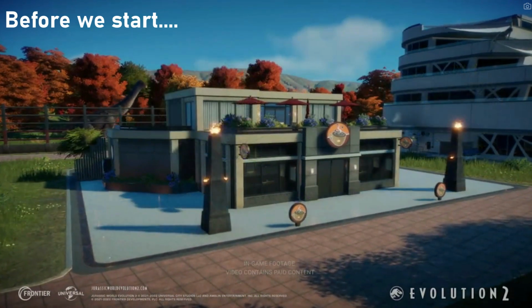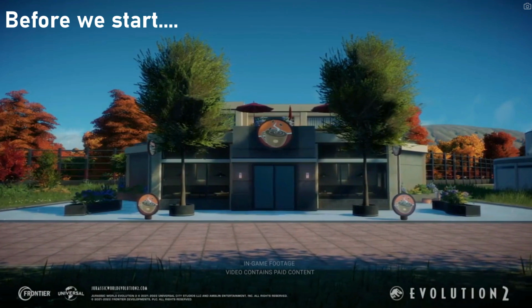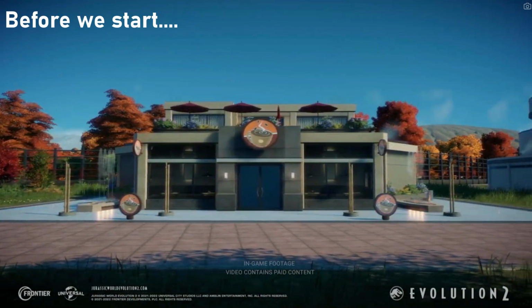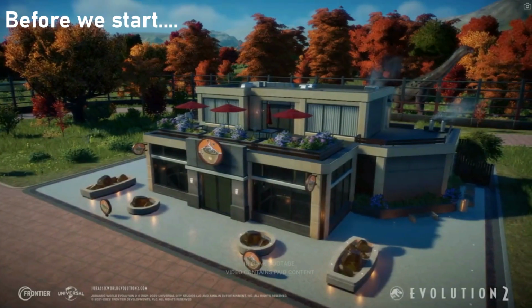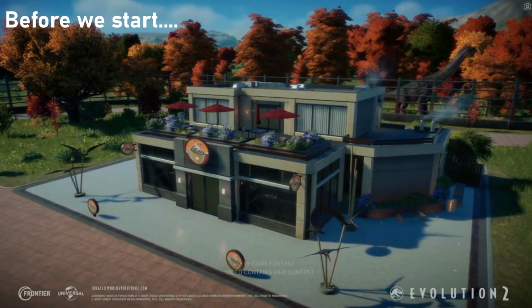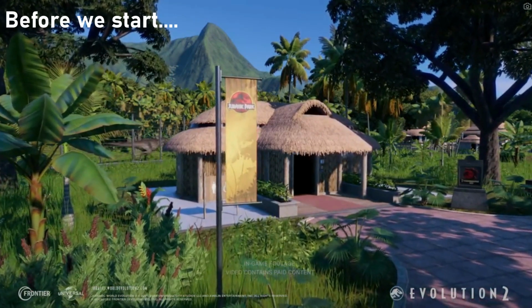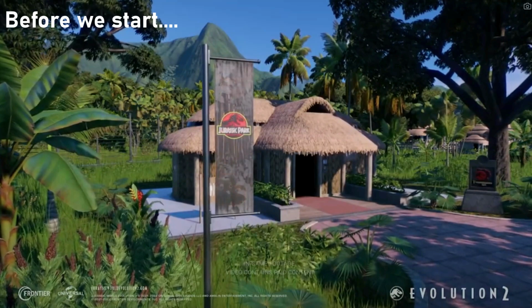I also want to show you this little clip that Frontier shared on their Twitter, which showcases the new decorations added to the building customization options. And you'll note that these quote-unquote new decorations are just existing individually placeable decorations added to the building options. So it's not entirely brand new. What is brand new are these awesome Jurassic Park themed flags